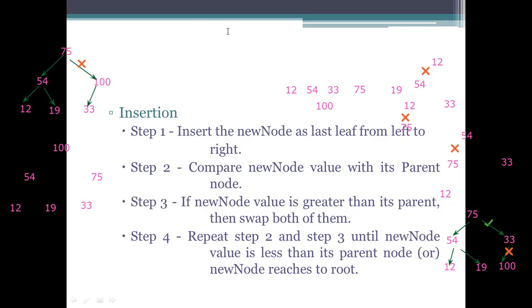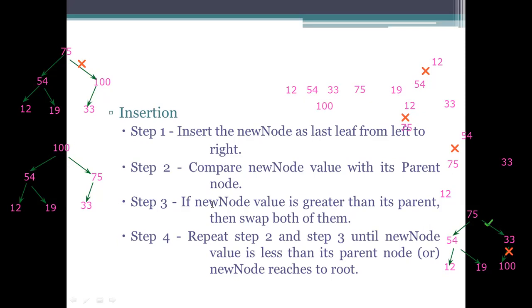Okay. Let me draw the arrows. This is the left child. This is the right child. It's left and it's right. Coming to this one, this is the right. This is the final one. If you see here, we need to compare the remaining also. If it is not greater than 54 also, and not greater than the values presented there, then this is the final tree we are having. So likewise, we are inserting the elements.